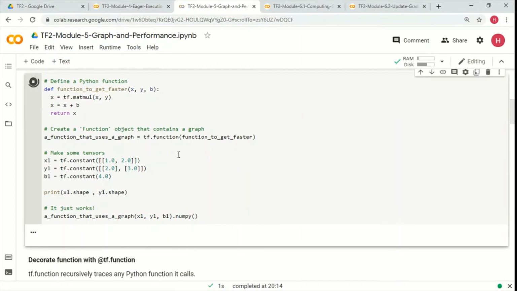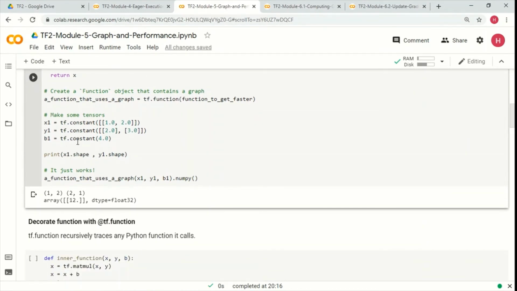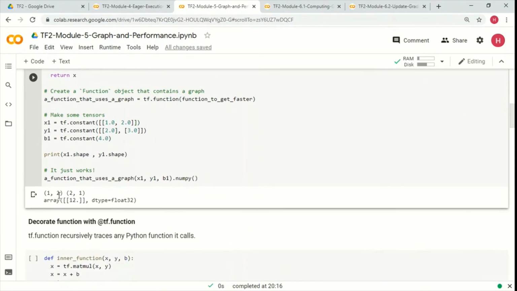Okay, so let's do this. So what is the shape of x1 here? It's 1 by 2, and the shape of y1 is 2 by 1. So when we do the matrix multiplication of x and y, what are we going to get? 1 by 1. And if you really see, it is 2 into 1 plus 3 into 2, that is 6, 6 plus 2, 8, and plus this bias 4, 12. So 8 plus 4, 12, and that's what we are getting here.